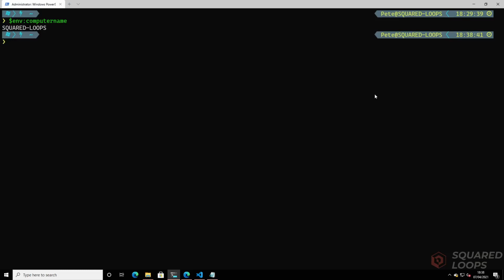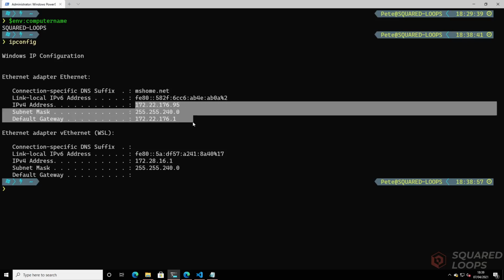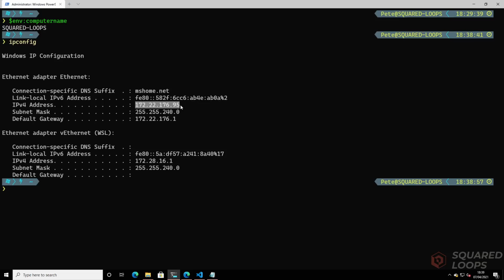We can find out more information about the machine with ipconfig. It shows that it's on the mshome.net network, and it has various IP addresses. IP addresses are just ways of identifying the machine. So we could use either the IP address of the machine or the friendly name. For now, we're going to use the friendly name as it's easier to remember and more like how we would use the internet. If I go back to my other computer now,